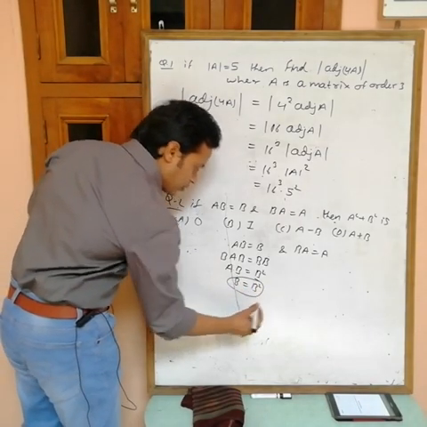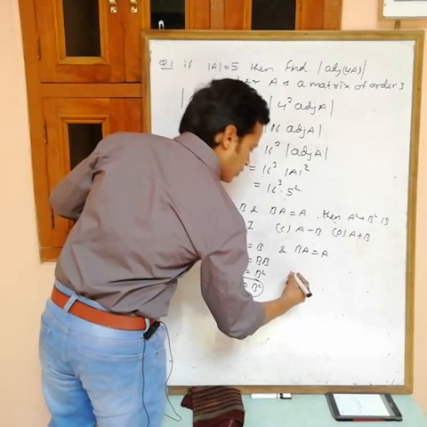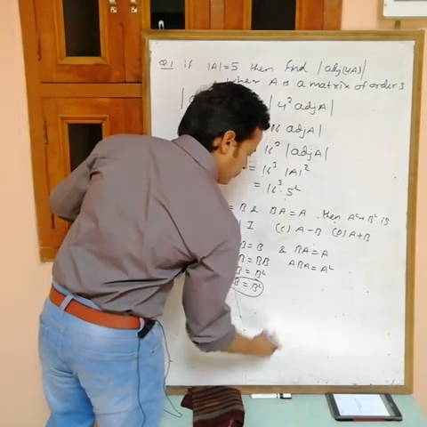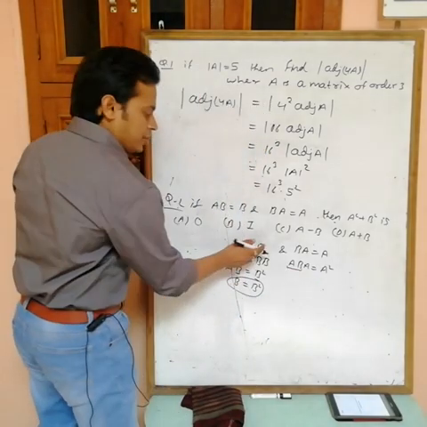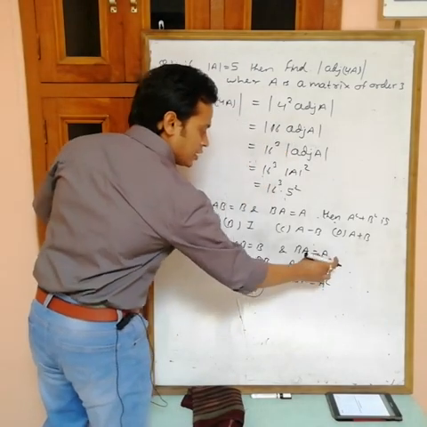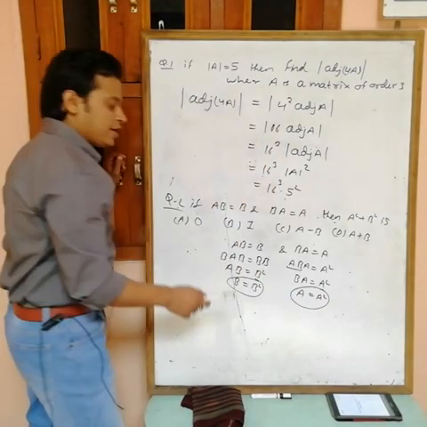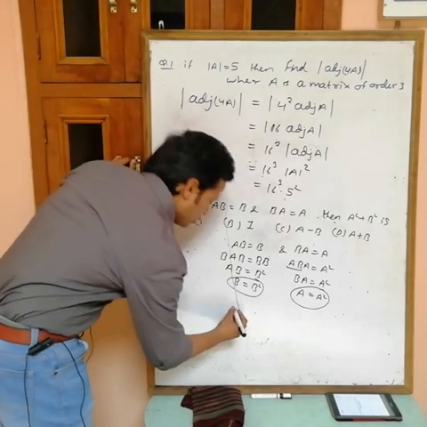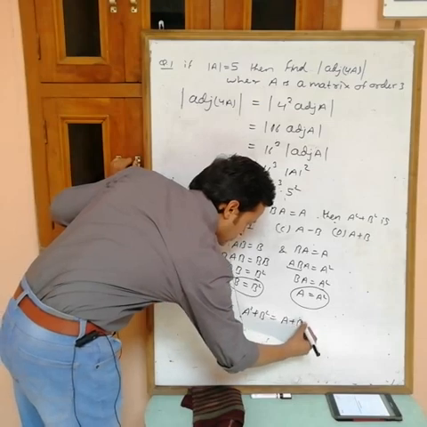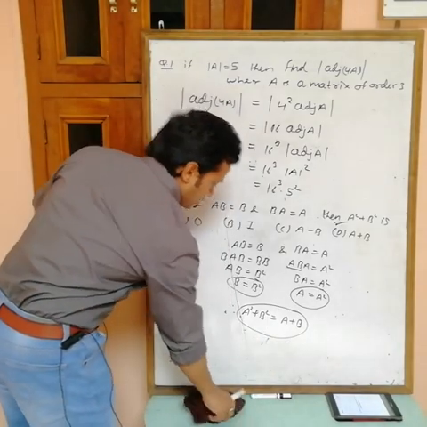So we are getting that B square is equal to B. Now BA, multiply this one with A to get A square. If you multiply A into B into A into A, it is A square. Now this AB can be written as B, and this BA can be written as A. So we are getting that A square is equal to A and B square is equal to B. Therefore A square plus B square is equal to A plus B. Okay, so D1 is the correct answer.